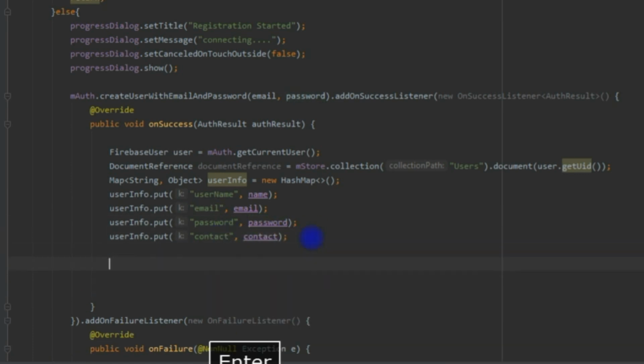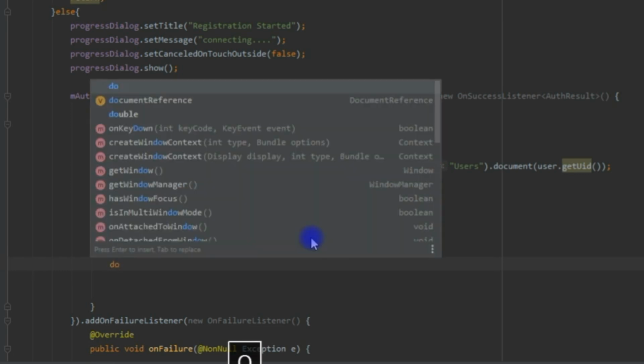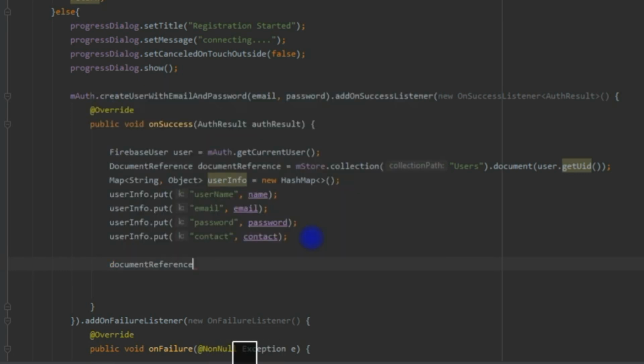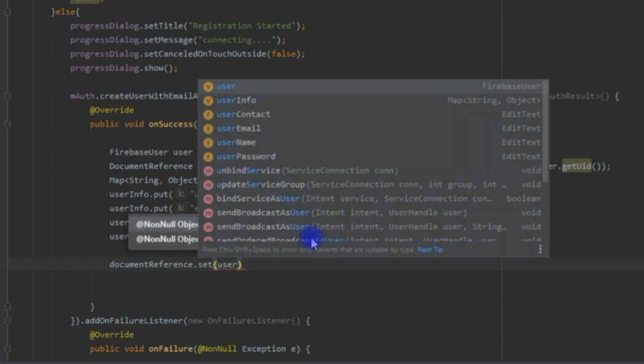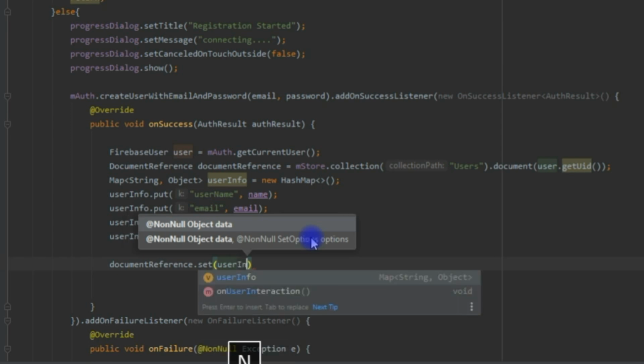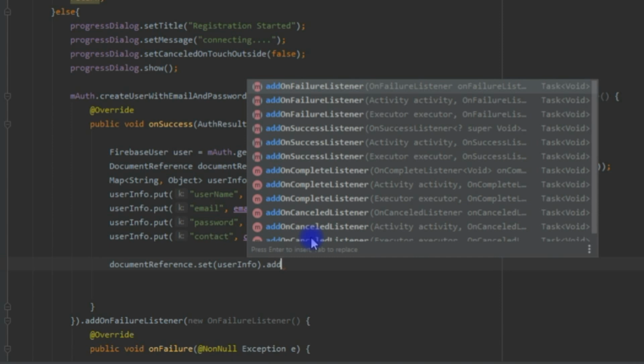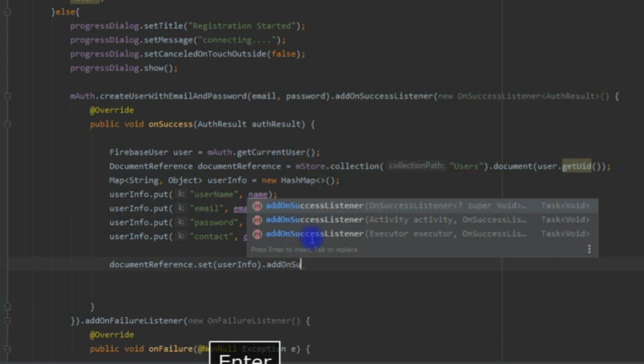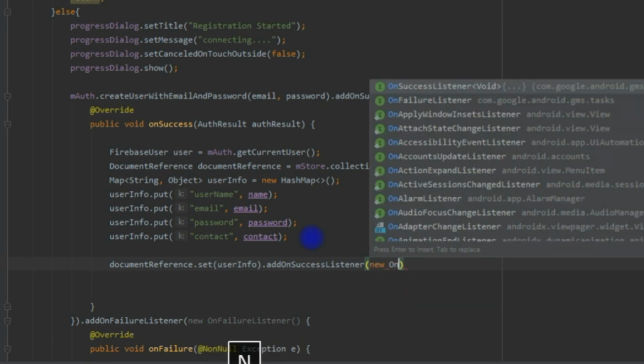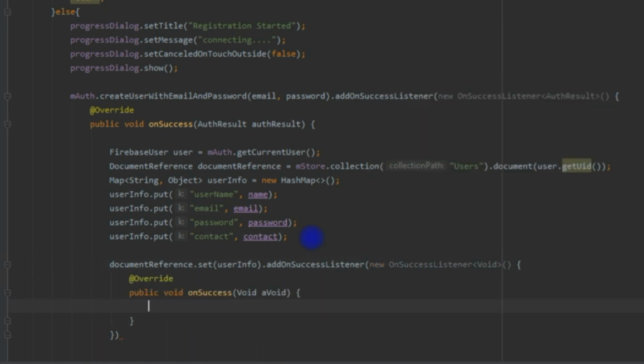Okay, so now we want to call our document reference to save this data. So we say document reference dot set. Then inside the object we use our user info. Then we say add on success listener, new on success listener. Okay, so then we can put a semicolon